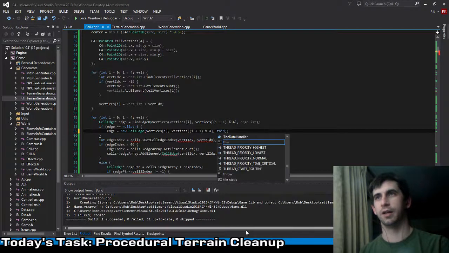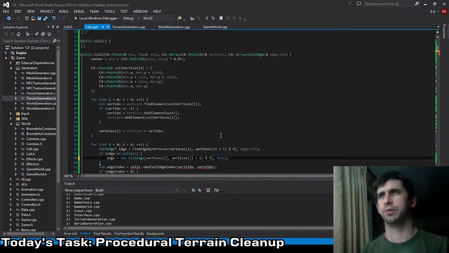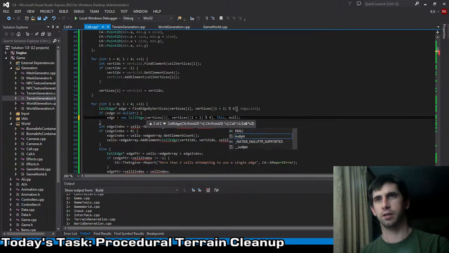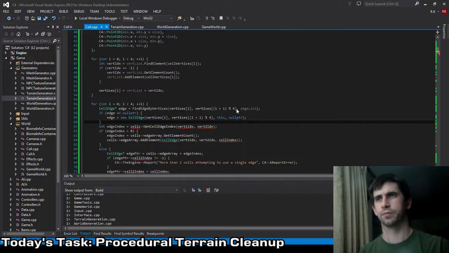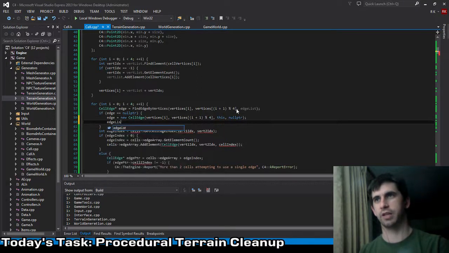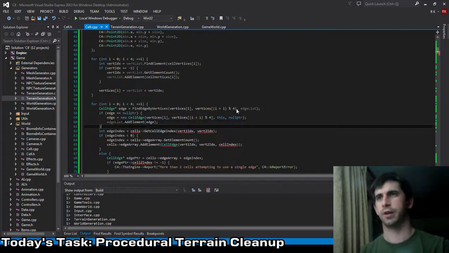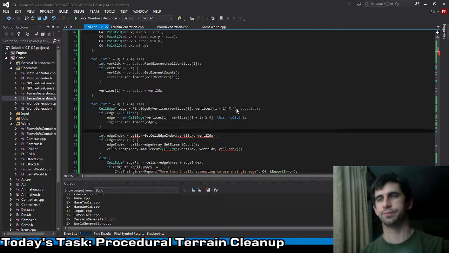Let's see. Is it a this pointer that I'm using? Yes, it is. It is a this pointer and a null pointer. And then we need to go into the edge list, add an element, the new edge. If it's not a null pointer,